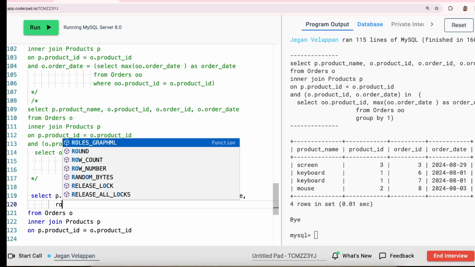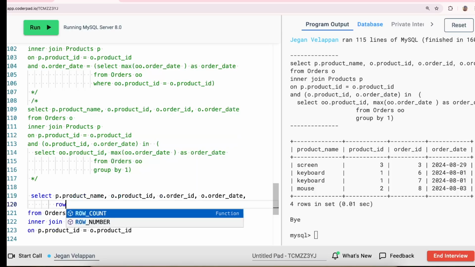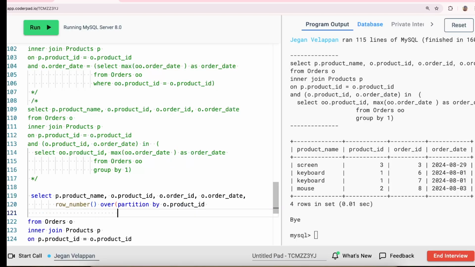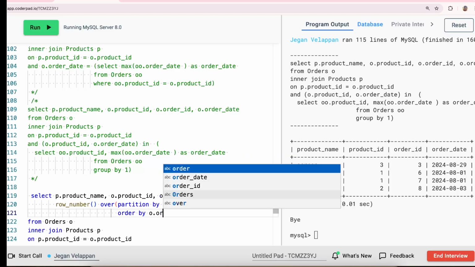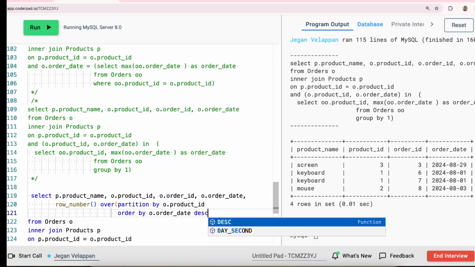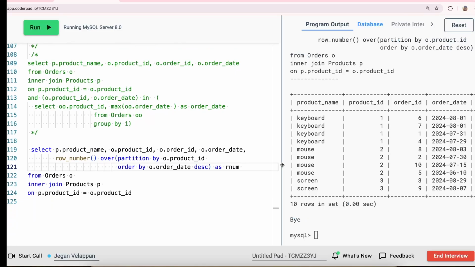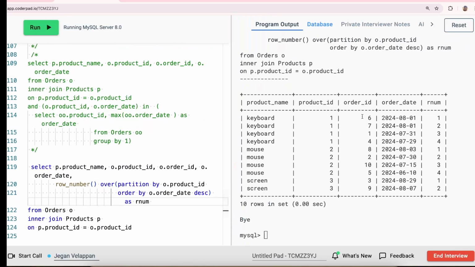But you see the difference between the row number, rank and dense rank. Let's see, row number over partition by for every product, right? So o.product_id order by the date, o.order_date, and we need the latest, so we get descending order. So if I run this, for every product ID and order, I put the rank